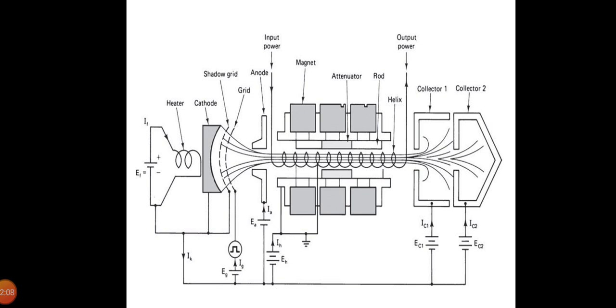The electric field of the wave will have a component along the axis of the helix. In some regions, this field will decelerate the electrons in the beam, and in others, it will accelerate them so that electron bunching occurs along the beam. The average beam velocity, which is determined by the DC potential of the tube collector, is kept slightly greater than the phase velocity of the wave along the helix.